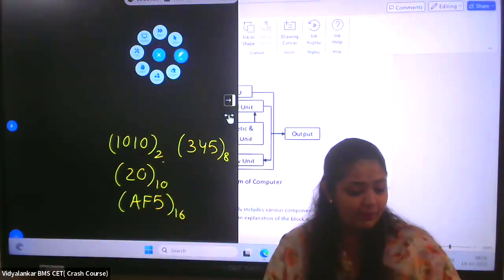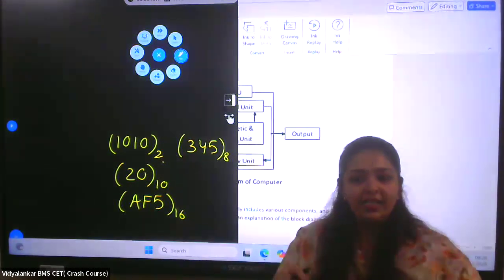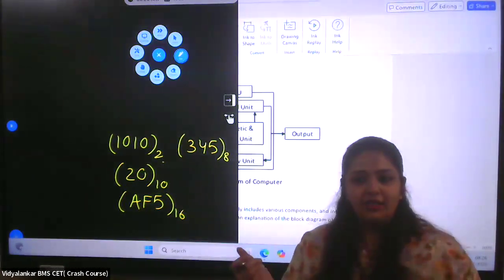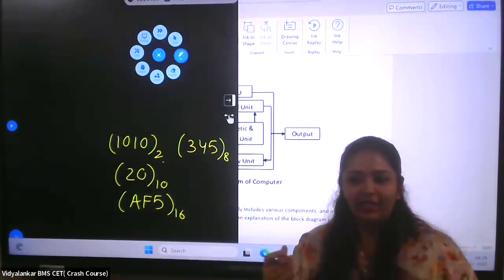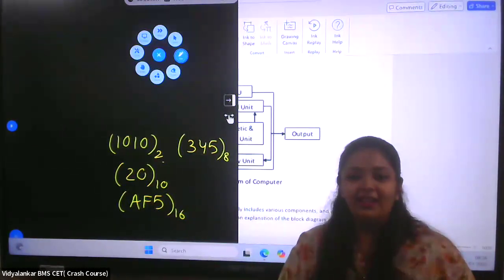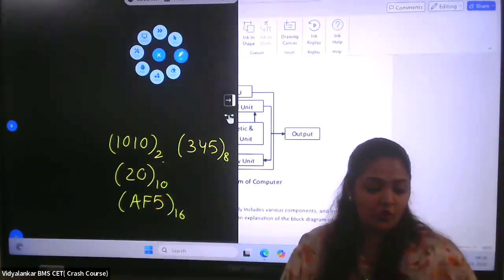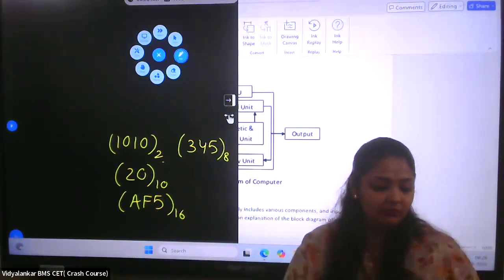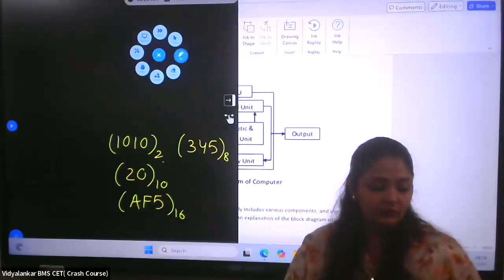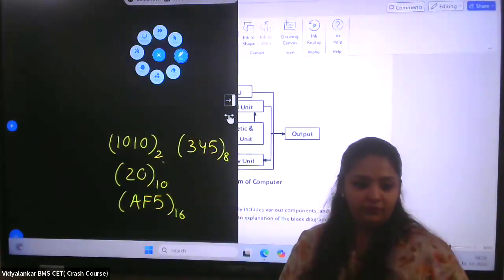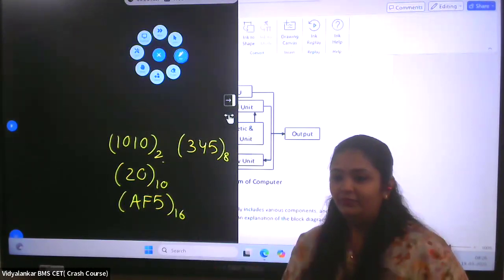Write down the full form for CPU, that is Central Processing Unit. Then in the bracket, you can write that's the brain of your computer system. Then next, you can write OS, that is operating system, that's the heart of your computer system. Of course, even write down the full form so that in case it is asked, then you know. Done with these 2 points.